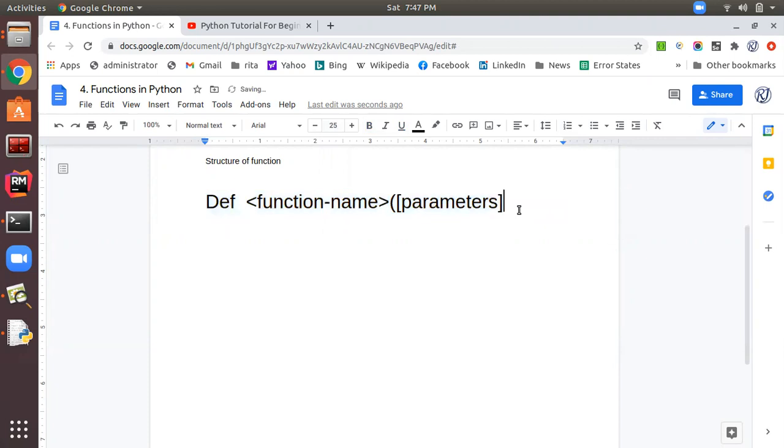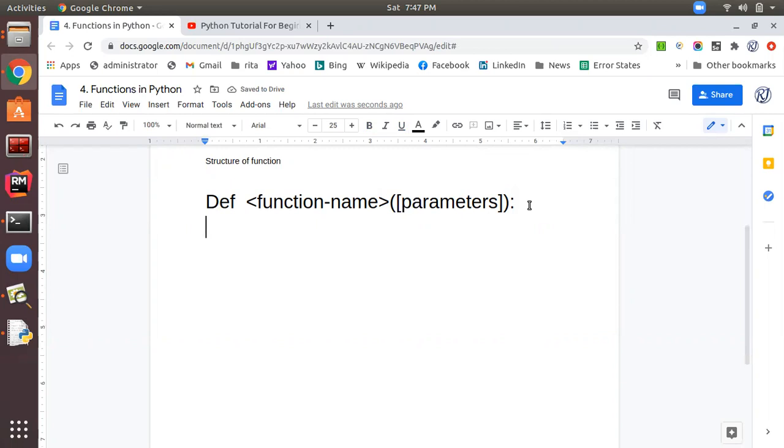Whatever I give in square brackets is optional. A function can be with or without arguments. Then at the end of the function definition, we give a colon. That means this is the end of the function definition, and after that starts the body part of the function.